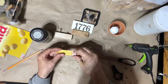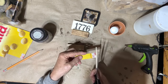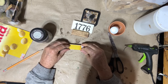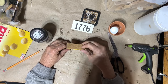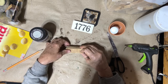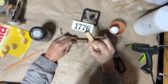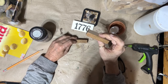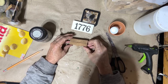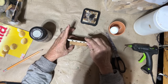Set that aside. Let's see if that's... I'm going to cut just a little bit off the... If I lay that like that, and this is there... It's going to be glued together. I got it upside down. You can see the Jenga on there. I did sand that down with my little finger sander, just on the top pieces. And that's going to be glued, and that way there is just a small...